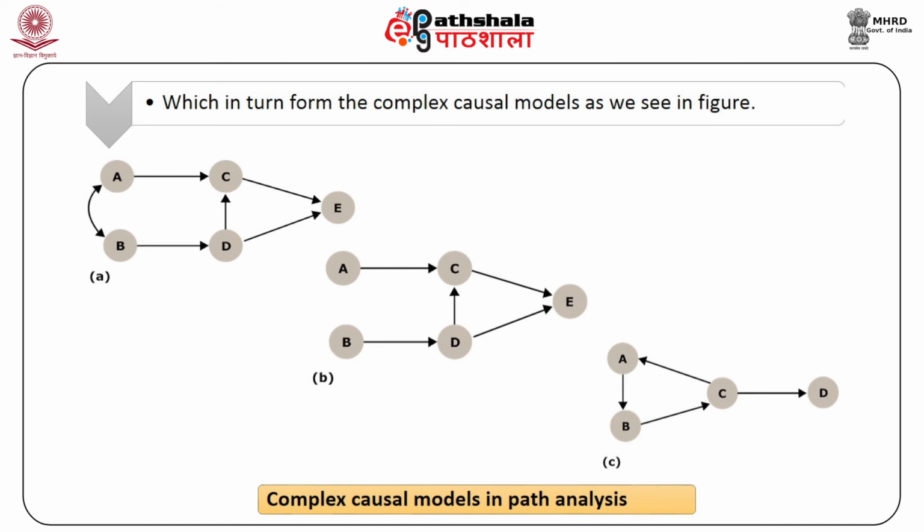Both the models in panels A and B are recursive models. They are recursive as the causal paths are unidirectional only. The panel C in the figure is a non-recursive model, as there is a causal loop. Variable A is a cause of variable C by operating through variable B. In turn, one can see that variable C is also a cause of A, thus forming a loop. Of course, it is no surprise that recursive models are easier to study and understand than non-recursive ones.